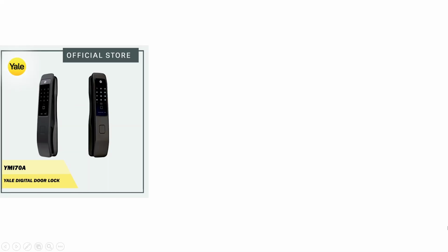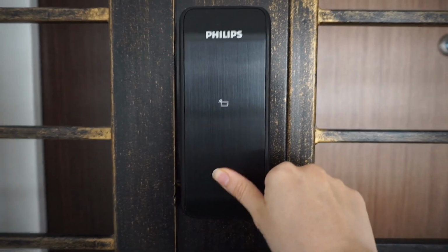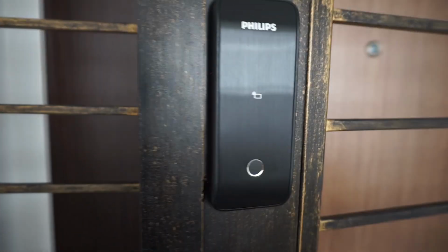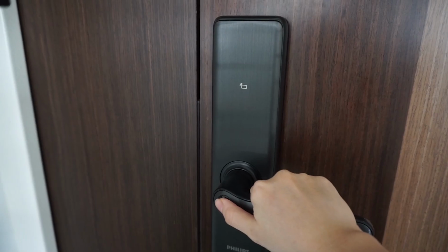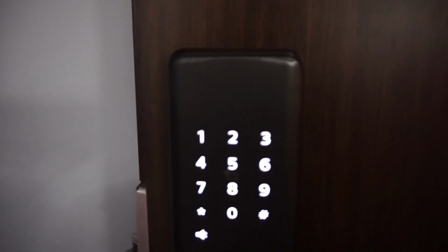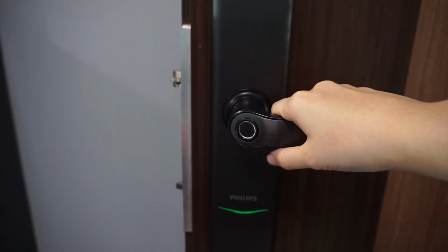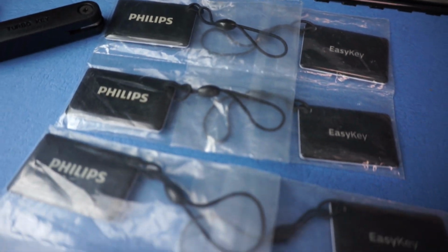There are many brands and models out there, and after shopping around, we settled for the Philips model as it has a smart lever mechanism and the door can be unlocked in one motion that is just very intuitive for us. It can be unlocked using number pin, fingerprint, and the easy key, even though we mainly just use the